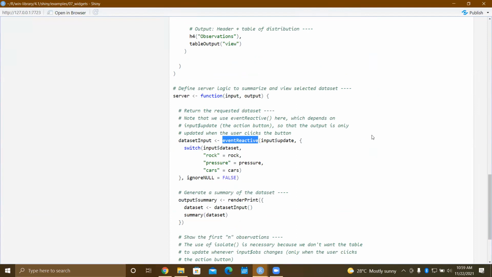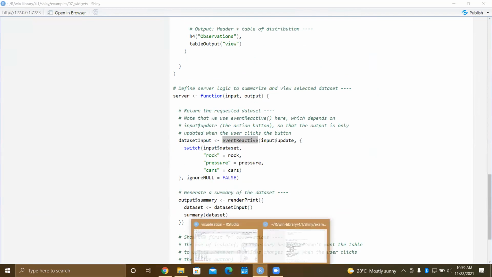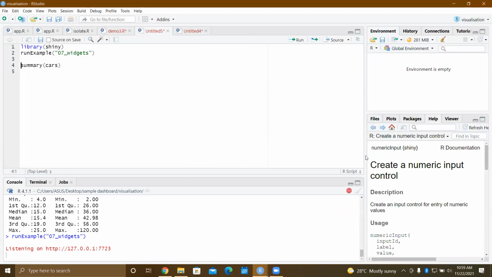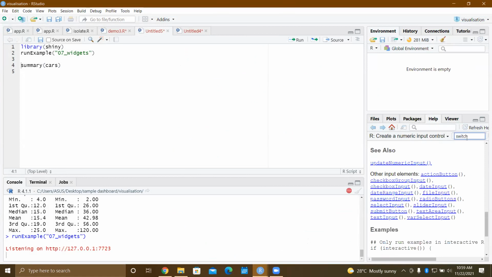What does the switch keyword do? I'm not completely sure, but I think it switches the data set.